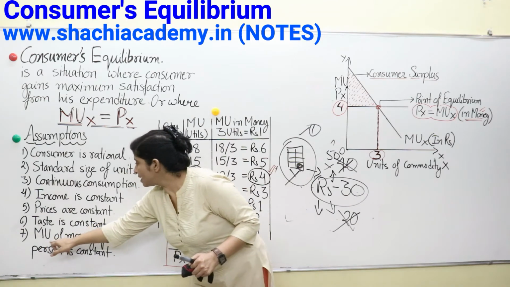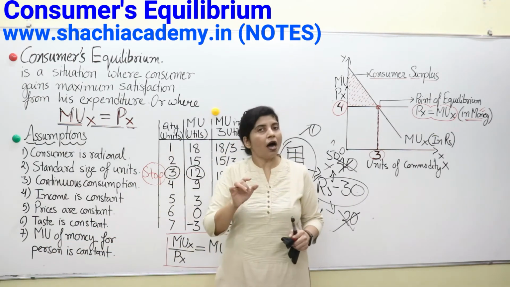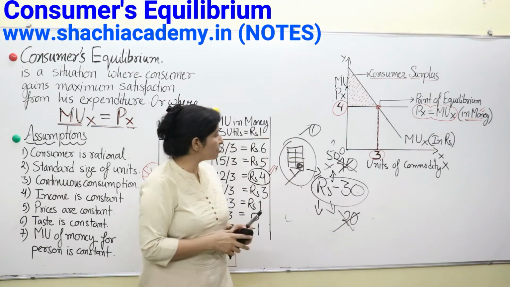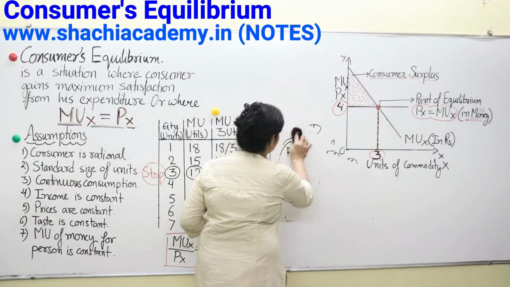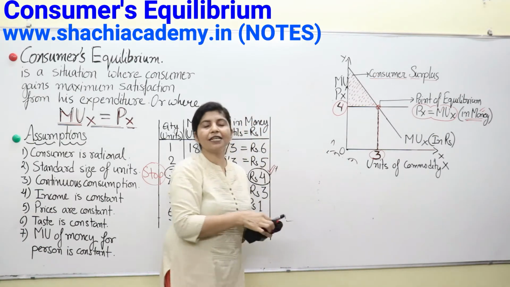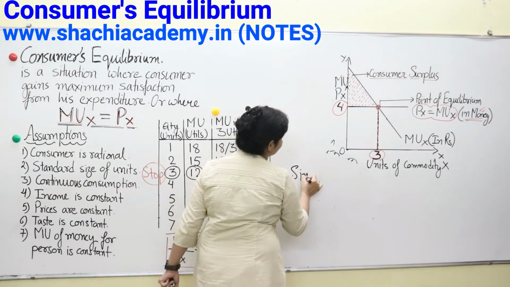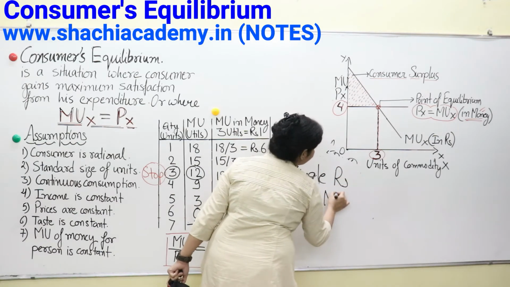Then marginal utility of money for a person remains constant. How will it remain constant? So what is marginal utility of money? Say, for instance, I earn income every month. So what is marginal utility? For every single rupee, single penny you can say, your marginal utility is